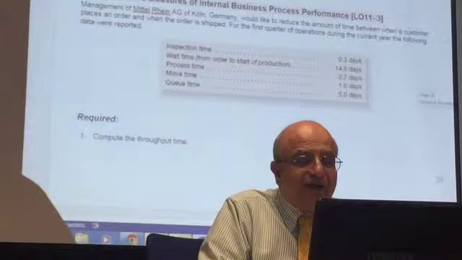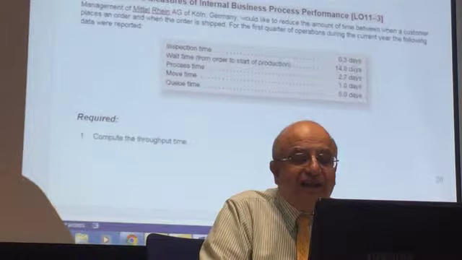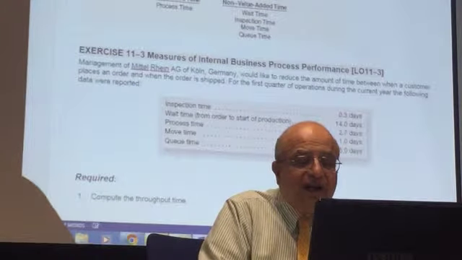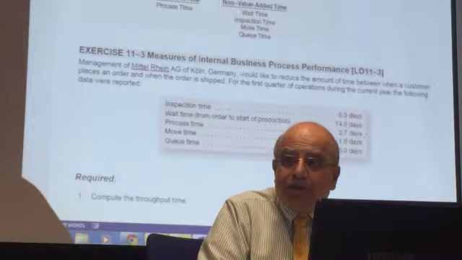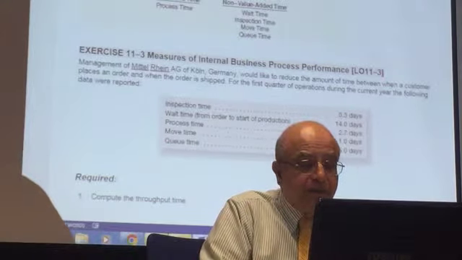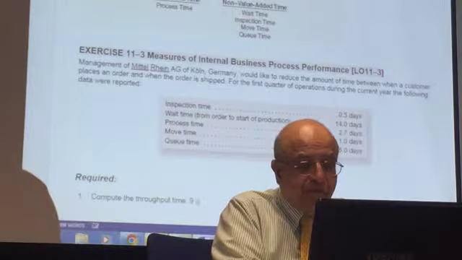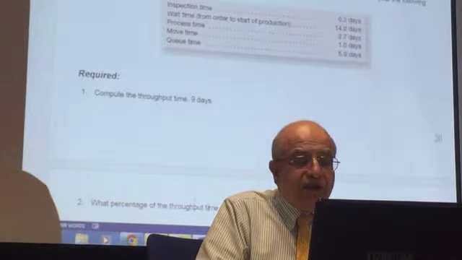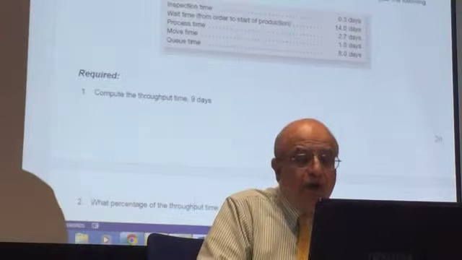Okay. So here, let's just look at the throughput time. If you look at it, the wait time to the start of production is the only one that's left out. It's here in the graph. So the throughput time is everything else except the wait time. So you can just add this up: 0.3 plus 2.7 plus the rest, and the total is 9. Right? 9 is your throughput time. And then you want to see what percentage of throughput time was spent in non-value added activities. So this is going to be your move time, divided by 9.